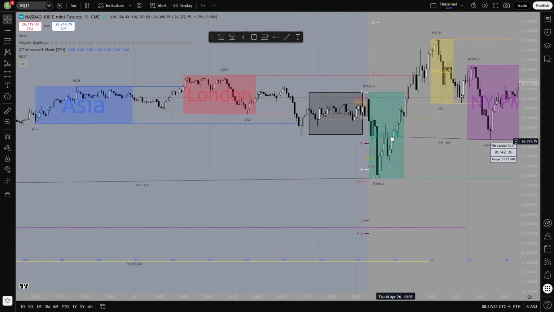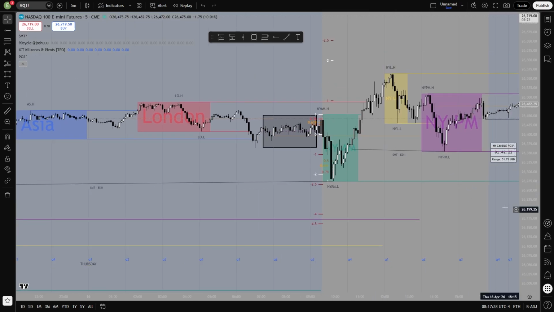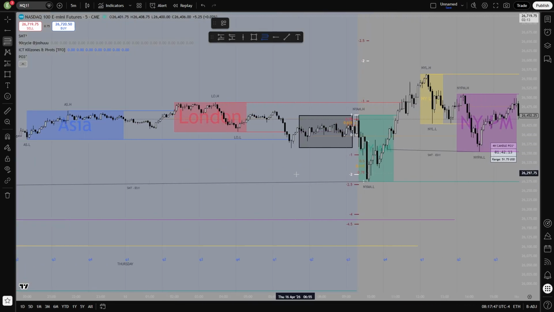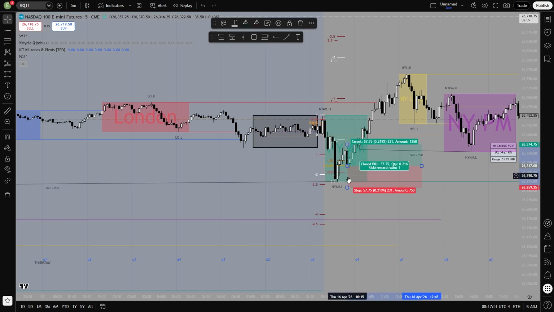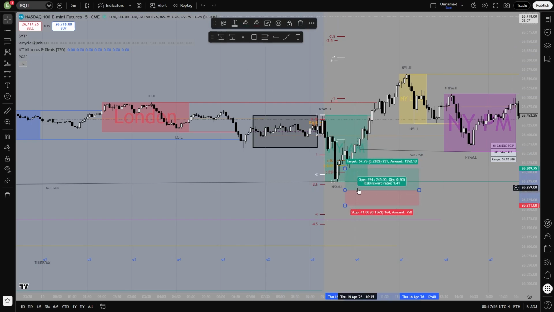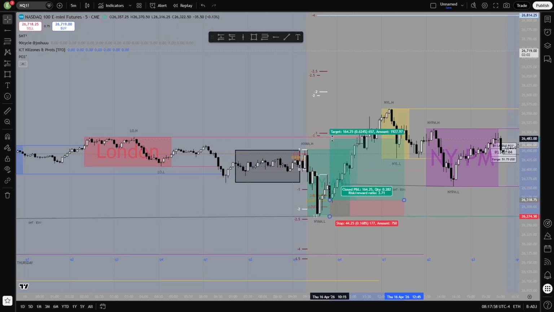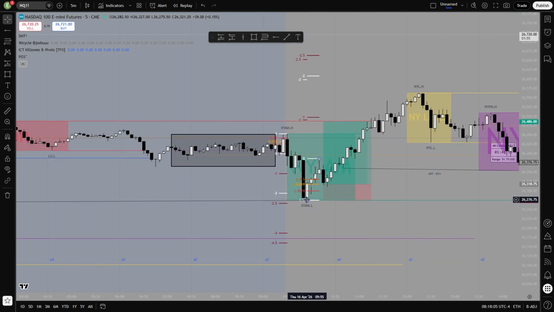Now, pairing your fib with SMT and personal bias will be able to give you your entries. So our -2 area gets hit with a 5-minute SMT. We're bullish on the day, of course, because we're going to all-time highs. We take our fib and we take our 618 discounted pullback with our stop protected with an SMT. And we target the next drawn liquidity. So this trade here is a very good example of pairing our 5-minute SMT with our PO3 and our -2